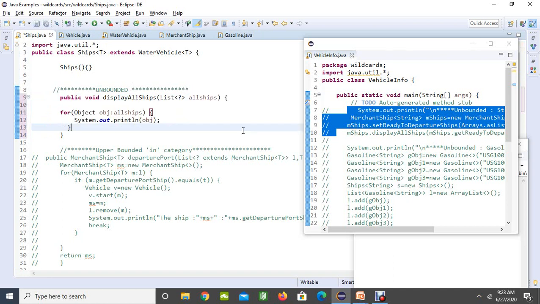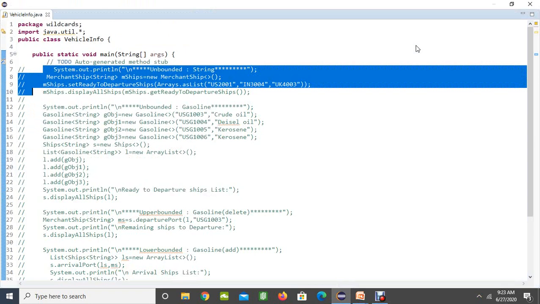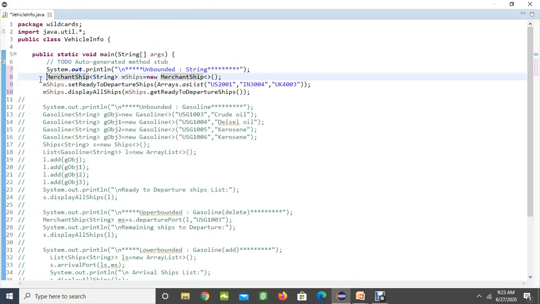Now let's go to our main method. First let me save this, then go to the main method and write the functionality. Here I'm going to send strings first. That means I'm creating the merchant ships object, and I'm going to send 3 ship numbers. I'm going to get all the ship numbers and send them as a list to our display all ships unbounded method.